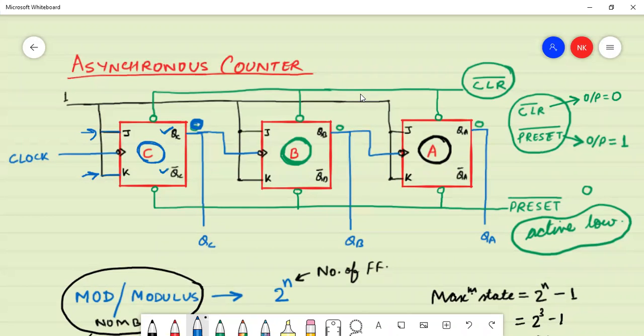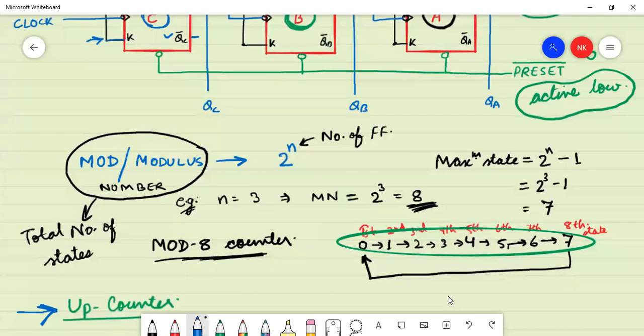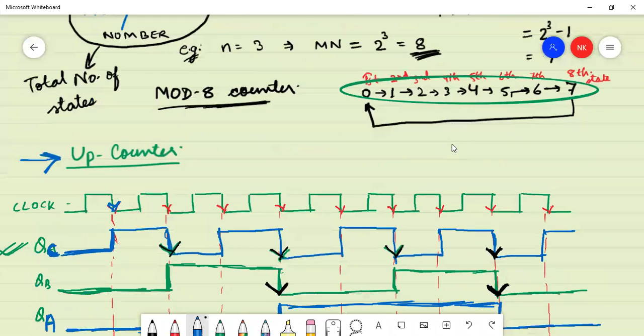ओके, तो यहाँ पर ये QC बार ये एक आउटपुट है और QC एक आउटपुट है। तो हर एक फ्लिप फ्लॉप में मैंने दिखाया है, फ्लिप फ्लॉप बी के आउटपुट को QB और QB बार से दिखाया है, और फ्लिप फ्लॉप ए के आउटपुट को QA और QA बार से दिखाया है। ये जो टाइमिंग डायग्राम मैं यहाँ ड्रॉ कर रहा हूँ, इस टाइमिंग डायग्राम को समझने के लिए पहले आपको फ्लिप फ्लॉप का ऑपरेशन समझना होगा।